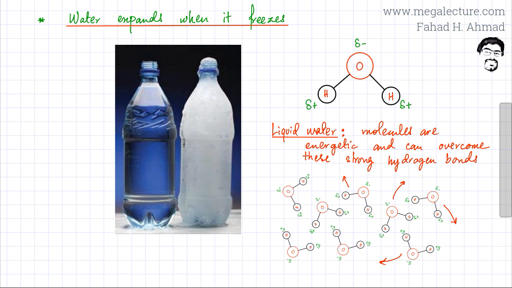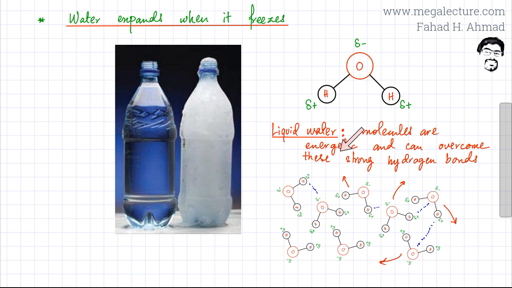The hydrogen bonding, the attraction between the slight negative, partial negative, and the partial positive, would be attracting, but relatively that attraction would not be very strong. The molecules have sufficient kinetic energy that they can overcome those attractions. So I've shown these attractive forces, these hydrogen bonds, using these dotted blue lines. The partial negative of this oxygen would be attracting the partial positive, but this molecule has sufficient kinetic energy, so